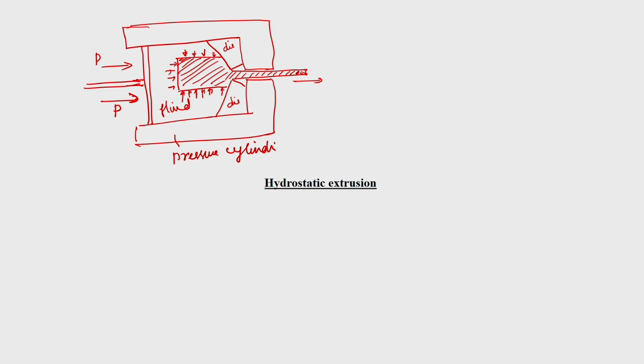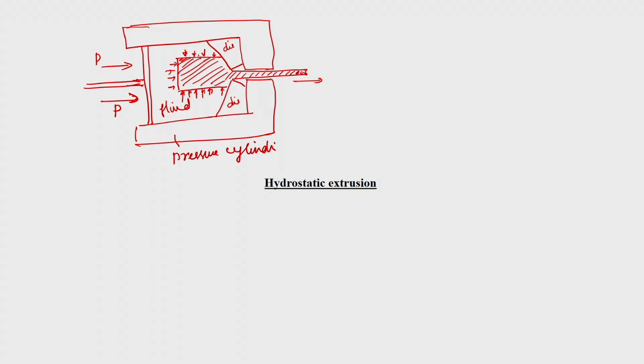So, in all directions, when there is a hydrostatic pressure, the stress required for the deformation is very, very less. That is the biggest advantage, and you will find that even extremely brittle materials like ceramics can be extruded in this form. A typical example is molybdenum disilicide, an extremely brittle material used as heating elements for very high temperature applications. These can be extruded in this form. You can even get a very high reduction by this hydrostatic extrusion.